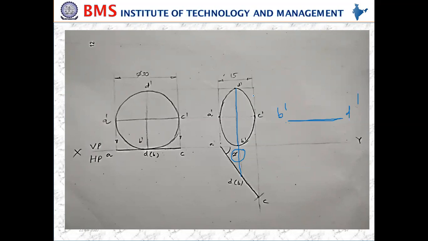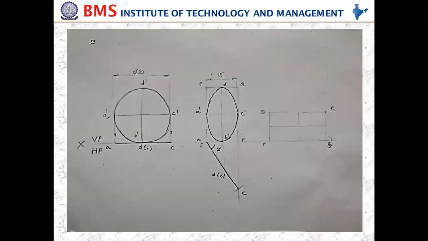So I need to draw this keeping B dash D dash like this, in the sense that this box has to be constructed like this. Means B dash comes here, this is the B dash, and then D dash. Which line is to be drawn on the XY line, the PS line or the QR line? Because it is resting on A dash, so that A dash comes here, so that way you need to do. Then it will become D dash.